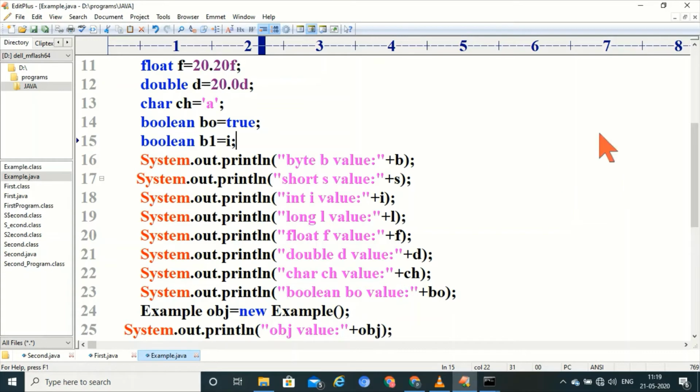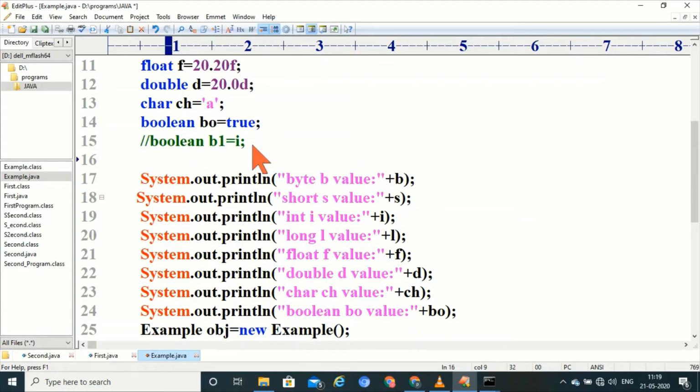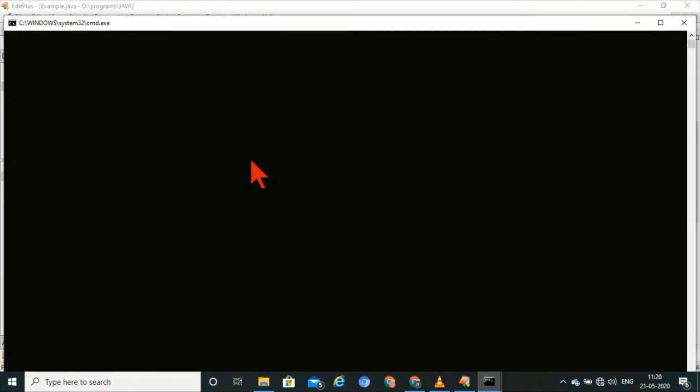For example, I equals to F. Now saving and compiling.